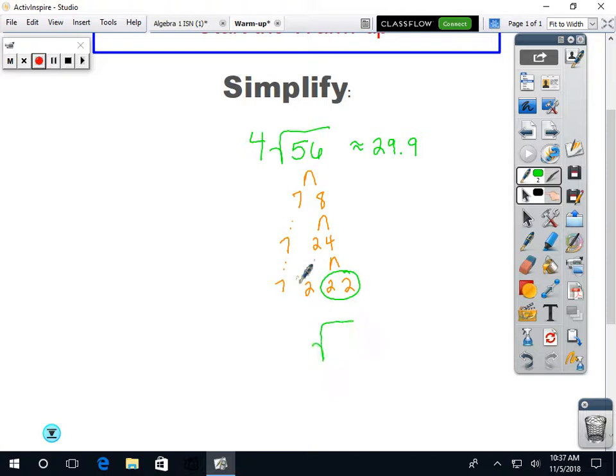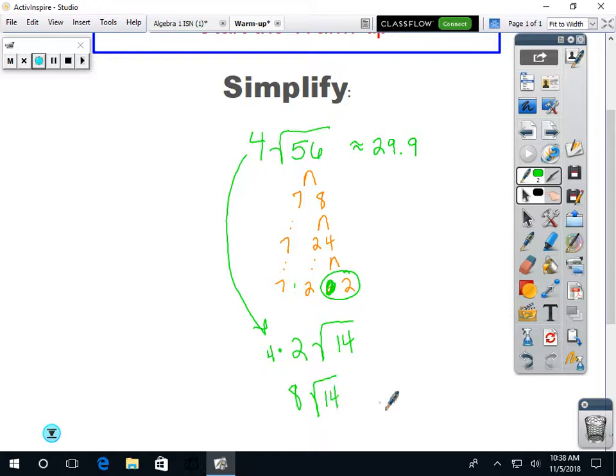Right. The ones that were not circled were behaving, so they get to live inside the house, and they multiply together to make 14. The ones that were misbehaving, okay, well, hold on. Kick one out, and then multiply by the 4 that was already out there to make a final answer of,